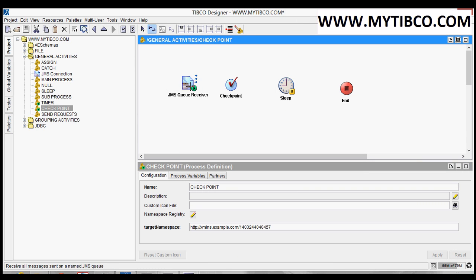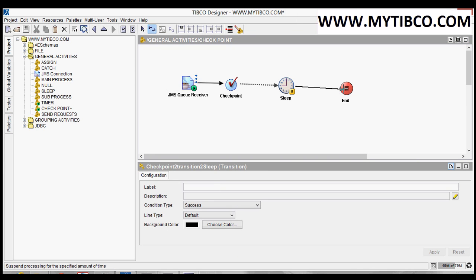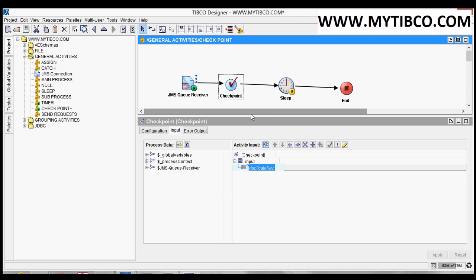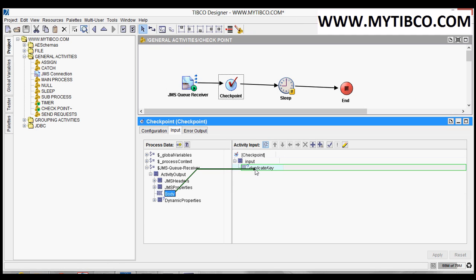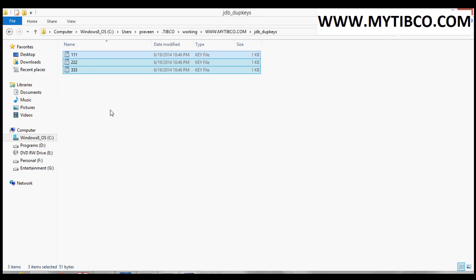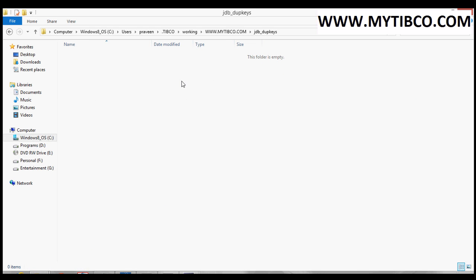Connect all these using transition. Now we have to map input for this checkpoint. I am mapping body of request as duplicate key. Click on apply. I am deleting the previous keys.